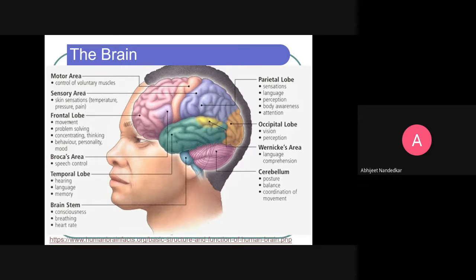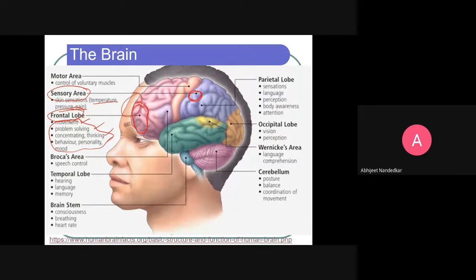Say, for example, this is some sensory area, say this one, which is responsible for skin sensation, that is temperature, pressure, pain. So you register your things here. Now if you take the frontal lobe, you do the controlling of movements, problem solving, thinking, personality, then mood, behavior, all these important things are lying over here, front side of your